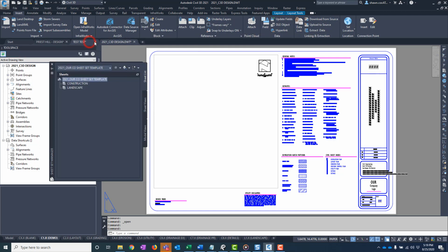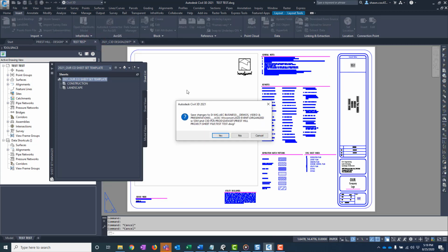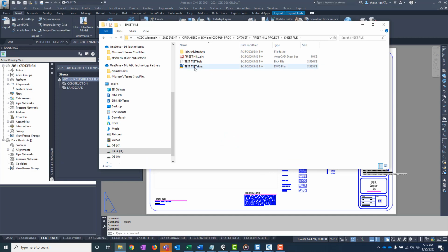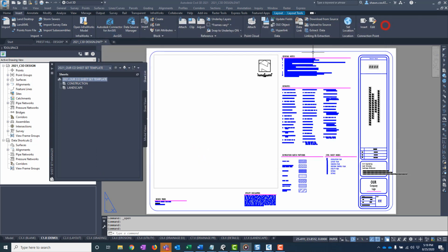Then I'll close the testtest drawing file. Saving it or not, it doesn't really matter because I don't need it anymore. In fact, here, I go into the Windows Explorer and find the temporary testtest file and delete it and its backup file so as not to wonder why it's here in the future if I forget why I created it. I'll click Save again on my design drawing template file to make sure I saved the new title block definition there,